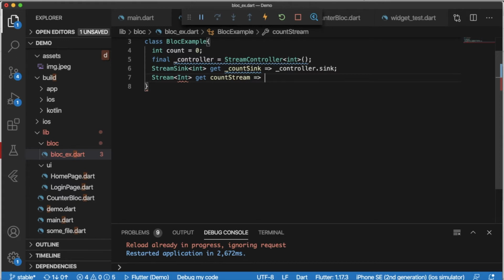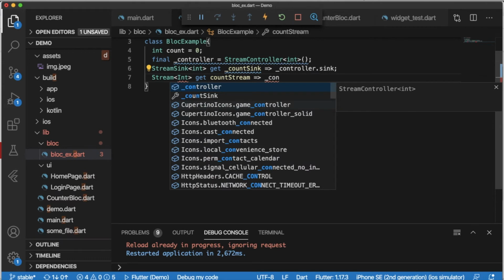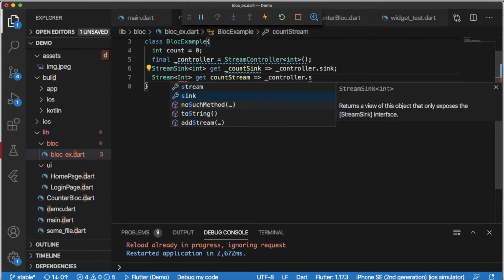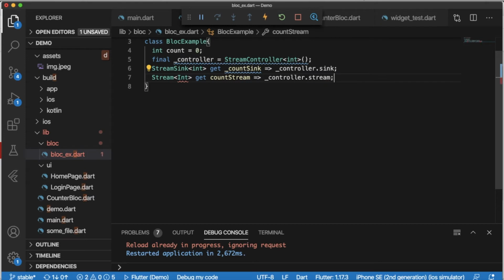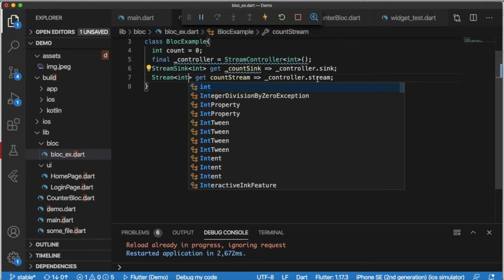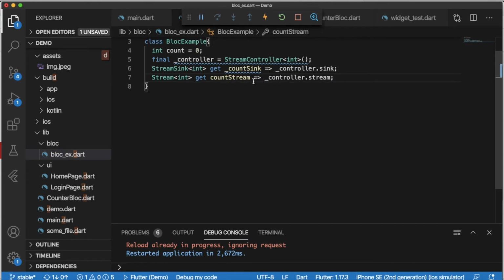Then I will initialize it with controller.stream. So we have implemented these three components that are required for every event to handle the event, right?